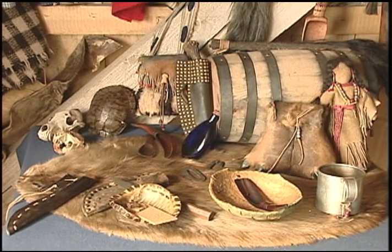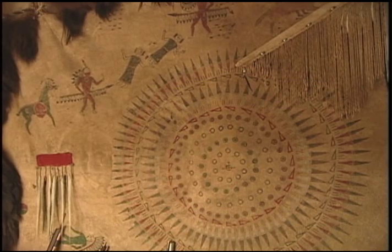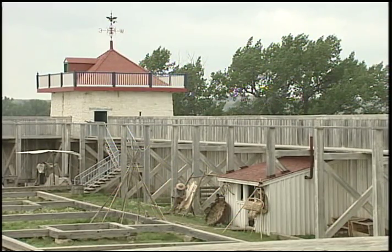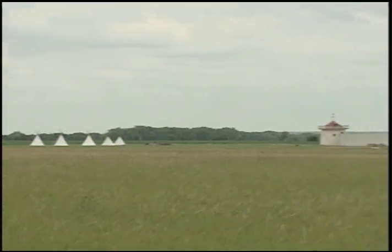So my wife and I came over here, and she pretty much just decked the whole place with our stuff. It's basically the interior of a teepee inside a box, you know, but it does show the union of the two cultures. The history of Fort Union is the history of whites and Indians coming together in peaceful coexistence for